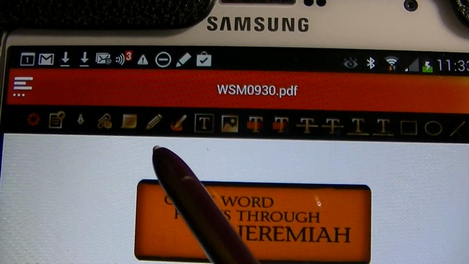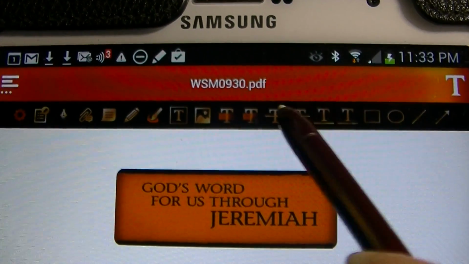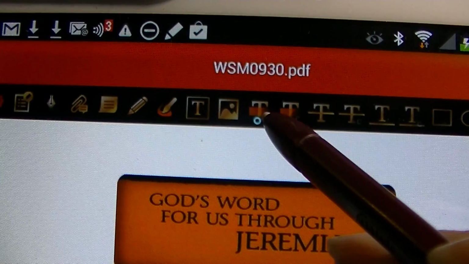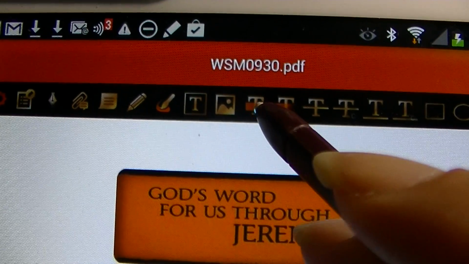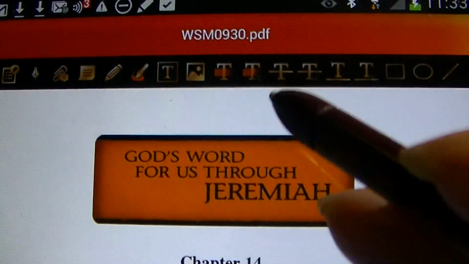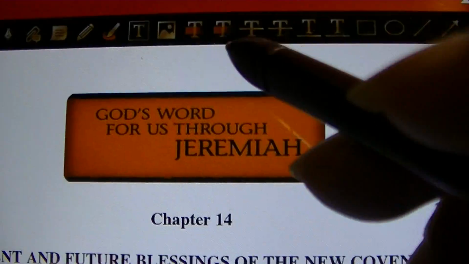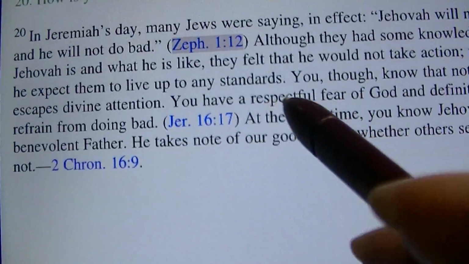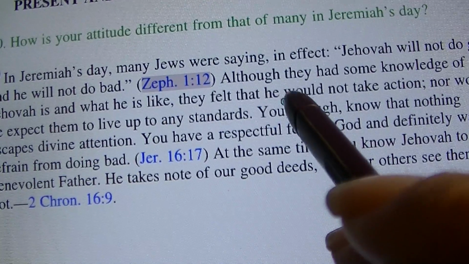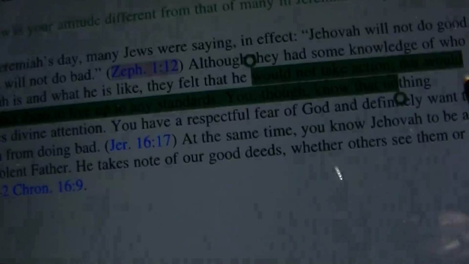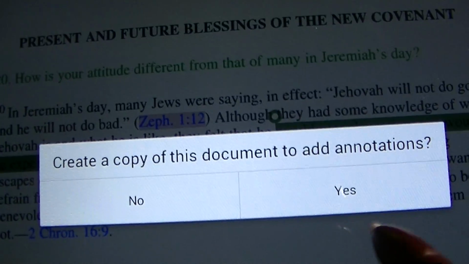In order to highlight, you notice this group of icons up here. The highlight feature is these 2 T's. This T allows you to highlight by simply tapping it and then taking it to where you want to highlight, and then it automatically highlights. And when you're ready to highlight, you're going to,